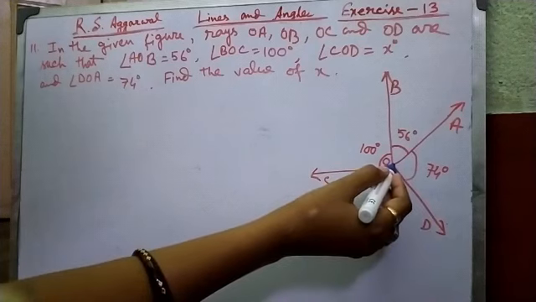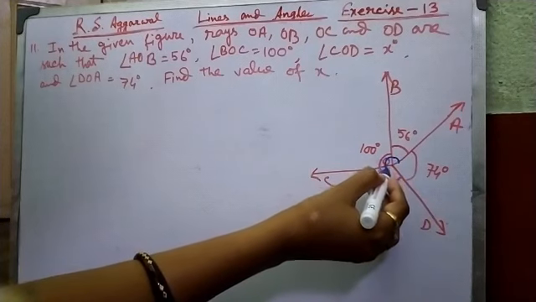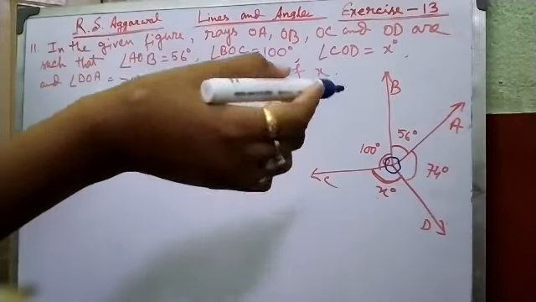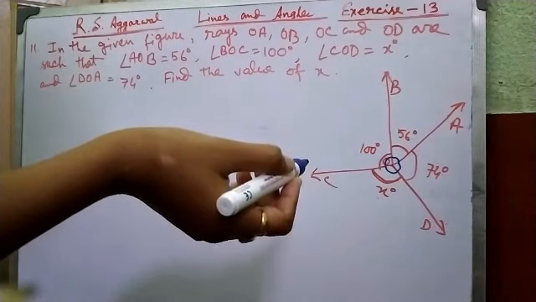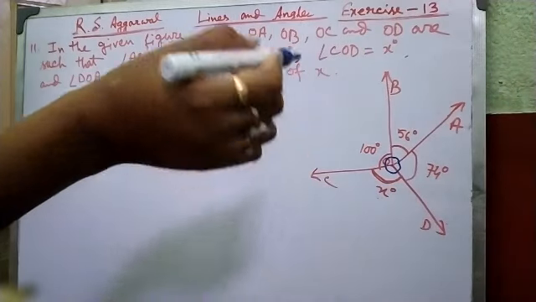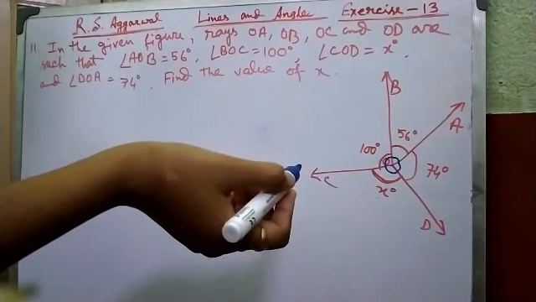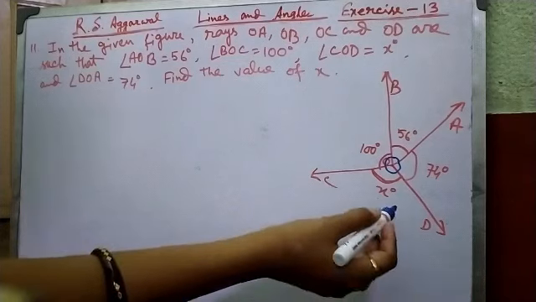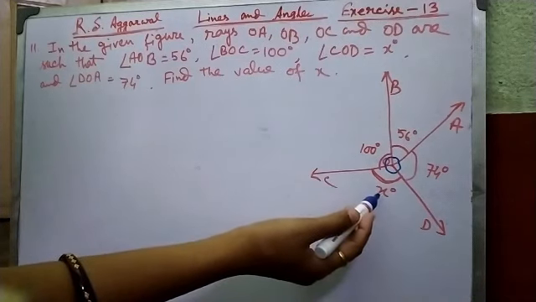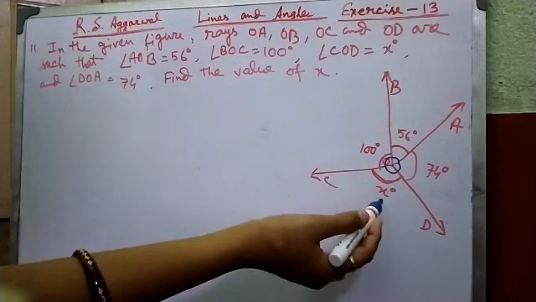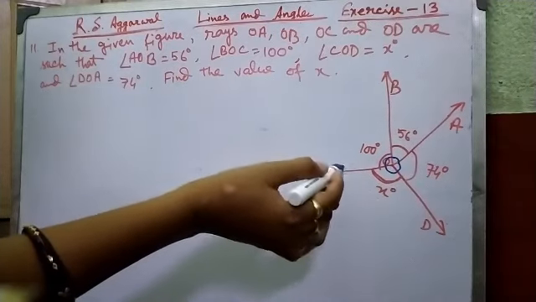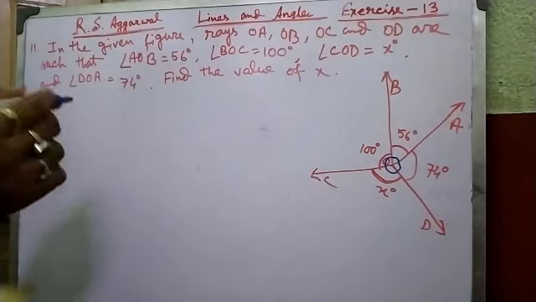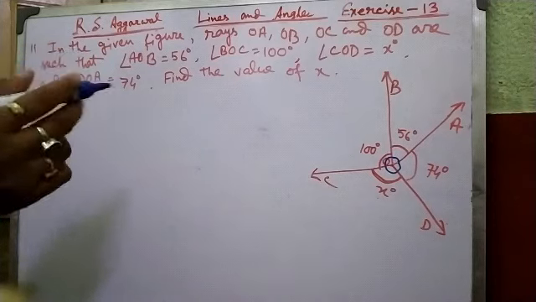So we know that this is a point O and all around this point the angle is 360 degree, complete angle. So reason will be the sum of all angles around the point is 360 degree. So that property we will use here, then we will find out the value of X, because other angles are given, only X is not given. By that property we will find out the value of X. So we have to write the measurement of these angles.